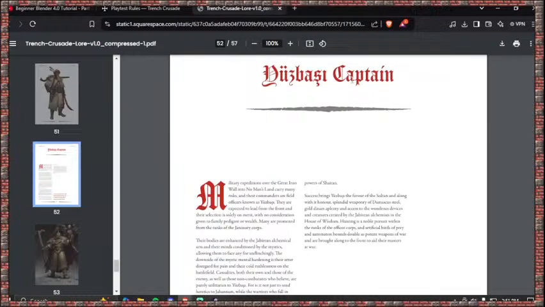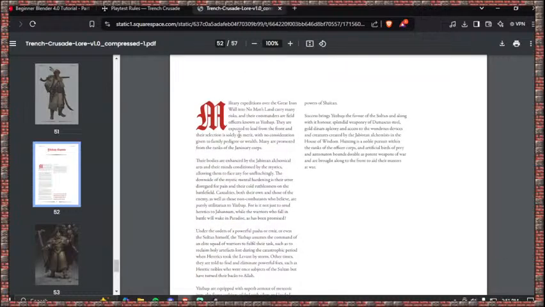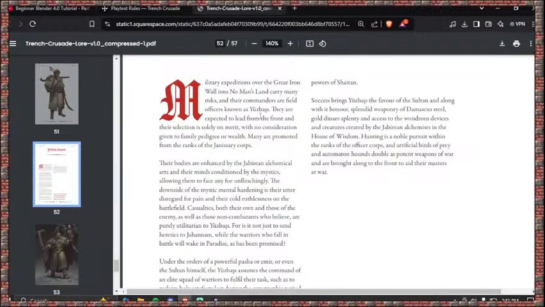Dizbazi captain. Over the Great Iron Wall into no man's land carried many risks, and their commanders are field officers known as Yuzabazi. They're expected to lead from the front, and their selection is solely on merit with no consideration given to family, pedigree, or wealth. Many are promoted from the ranks of the Janissary